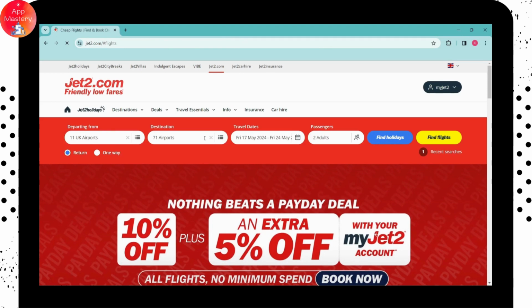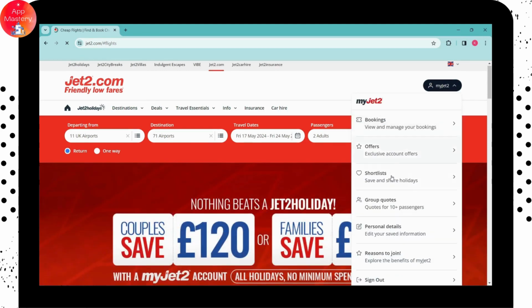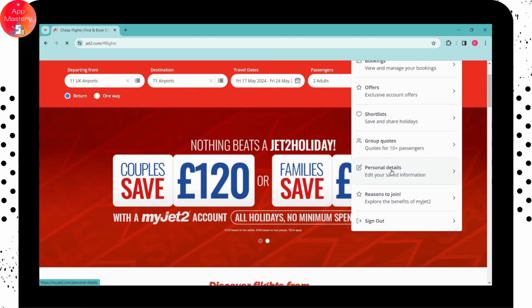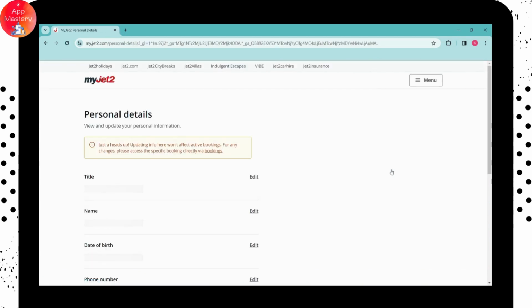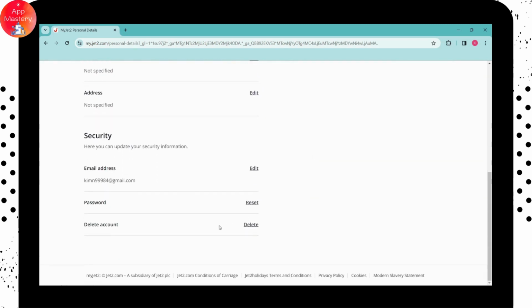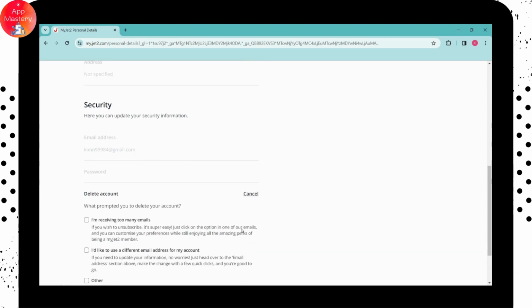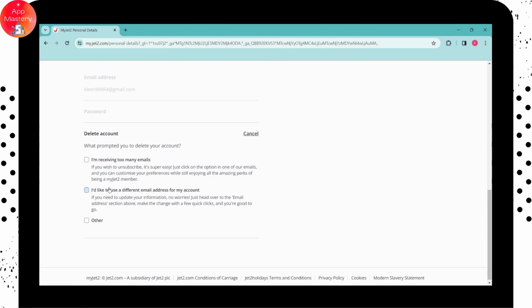And once you've logged in, then you can go for My Jet2, or you can go for your profile, which is on the upper right, and scroll down and go for personal details. Once you open your personal details, now scroll all the way down, and here you will have the delete account option on the last. Simply click on delete account, and now scroll down again, and then you need to choose a